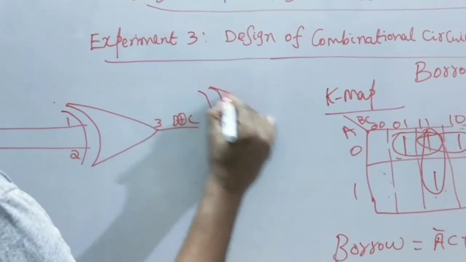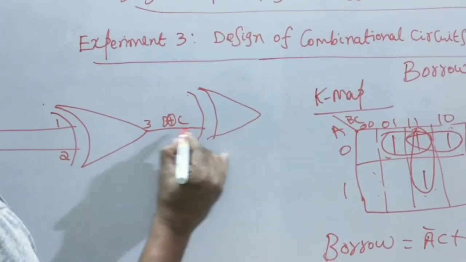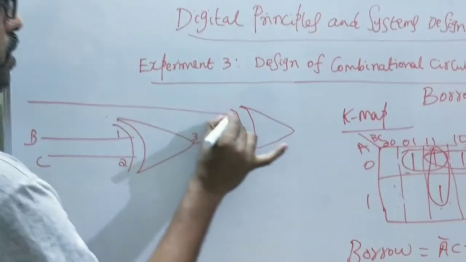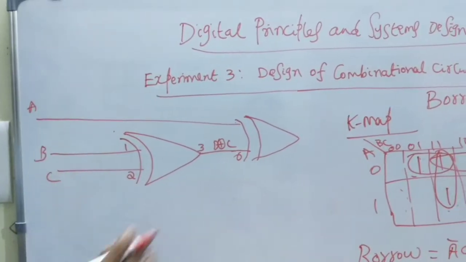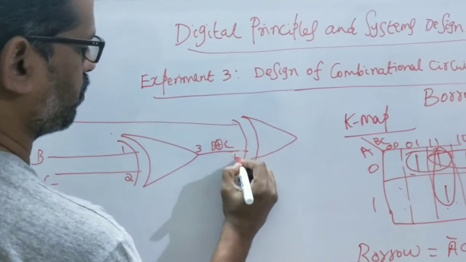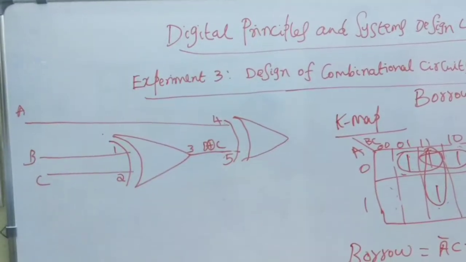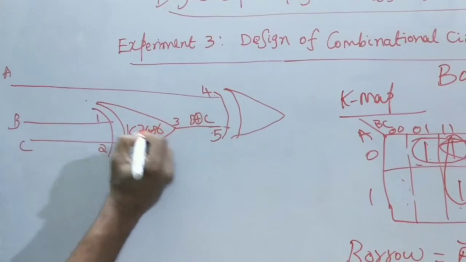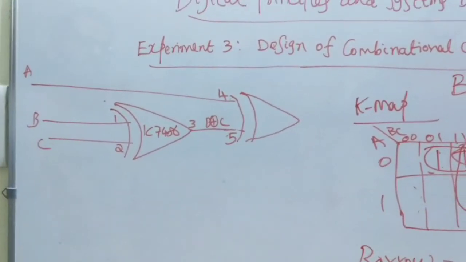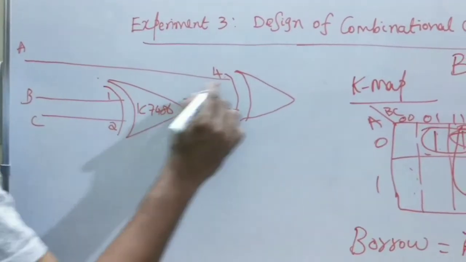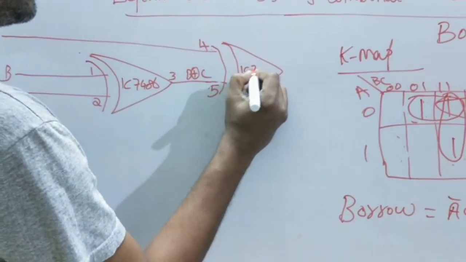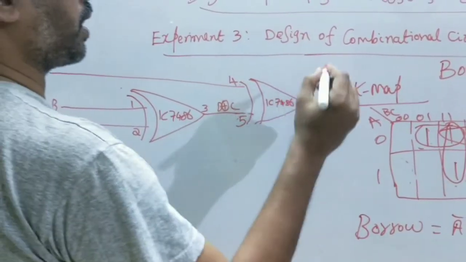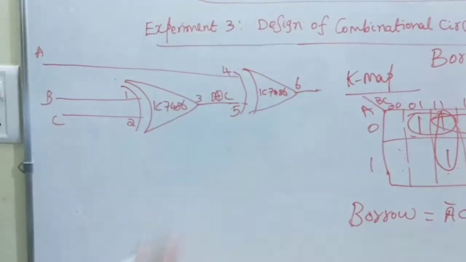Then one more exclusive OR gate we are going to use. We are going to connect this in pin number 6. A, we are going to connect it in pin number, sorry, it's not pin number 6. We are going to connect it in pin number 5. So in another set of XOR gates in IC 7486, I am going to take the output from 6. I am going to connect this output to 1 LED.